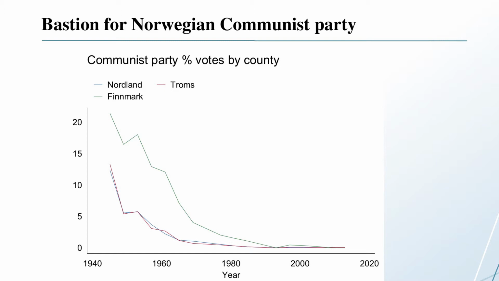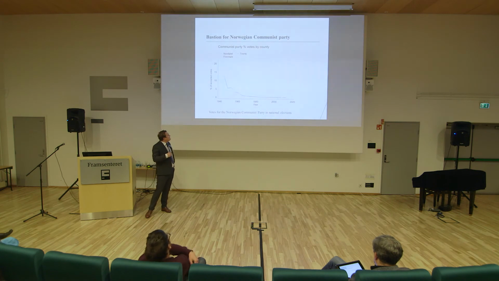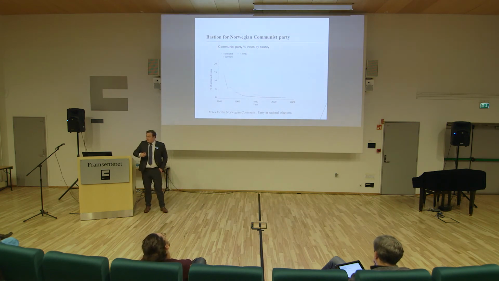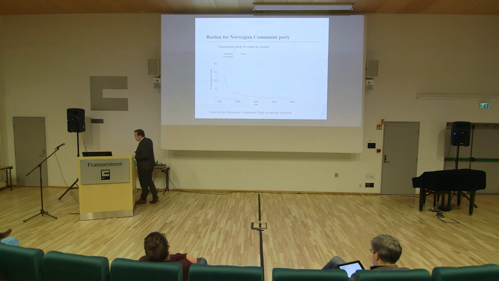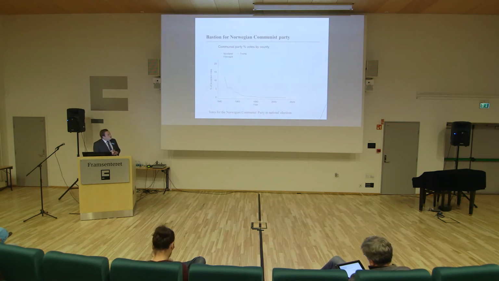One of the special features of this region is the vote for the Norwegian Communist Party. You see in the elections right after World War II, Finnmark had around 20% and stayed there until the late 50s, early 60s. Even in the 70s, they had around 5%. And the Norwegian Communist Party was not like the French Communist Party. The Labour Party took a lot of actions against it, and with the proximity to the Russian border, you have all this Cold War aspect.